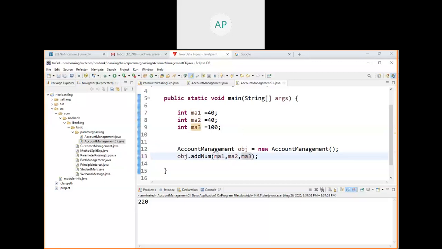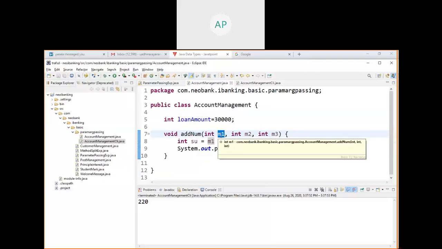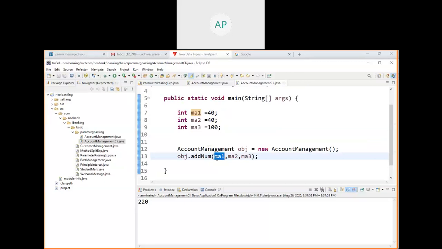Your answer will be 180. So now I am assigning the value to the variable, then I am giving the variable name. If I give the variable name, actually the value will go, not the variable. What is the value of MA1? 40. 40 will be transferred to here. Now the value of M1 will be 40. So that's how you have to understand. Here, actually the content will go, not the variable.